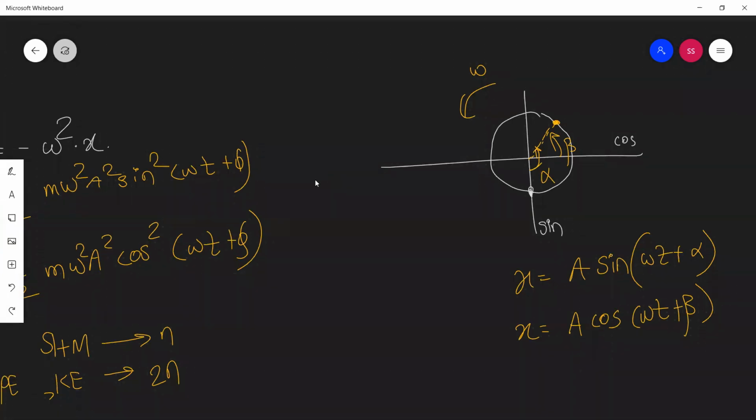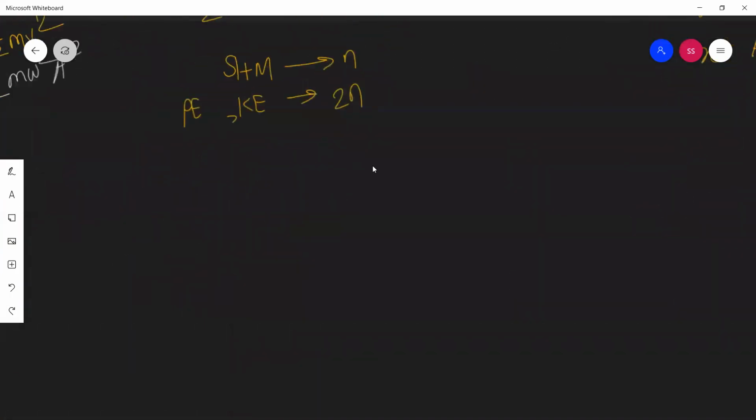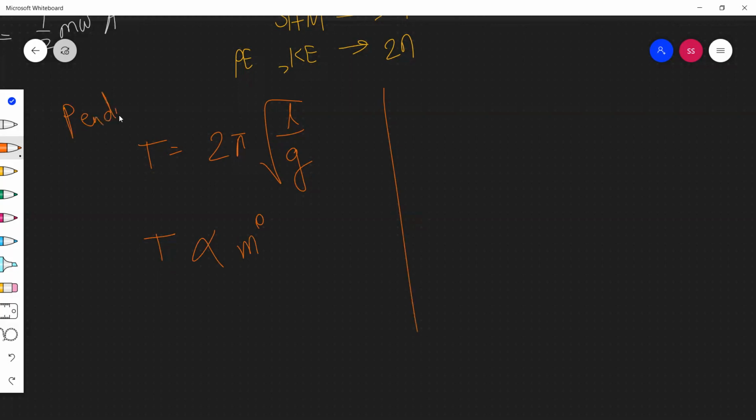उसके बाद में, if there is a pendulum that is oscillating, then the time period is given by T is equal to 2 pi under root of L by g, and we see that time period is independent of mass. मतलब time period is independent of mass, therefore time period is proportional to m power 0 for pendulum, and it is proportional to g. Actually it is inversely proportional to under root of g.